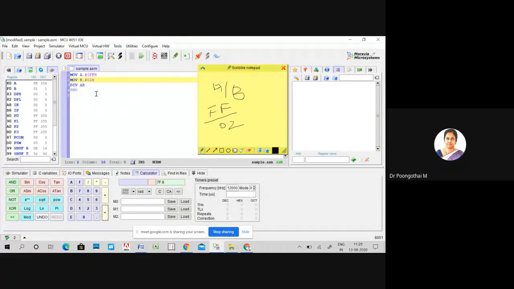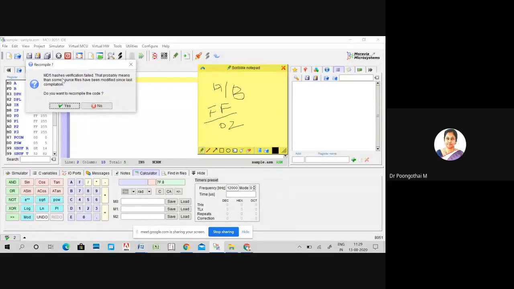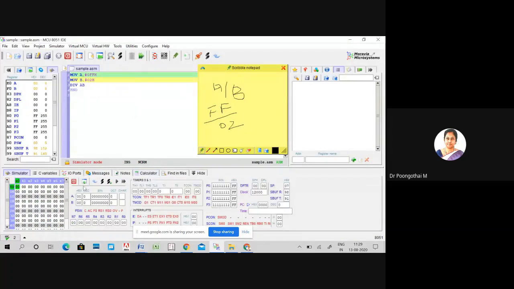Okay. So let's check the results. FF is transferred to the accumulator. So look here, 02 is transferred to B. Next the division operation is performed.